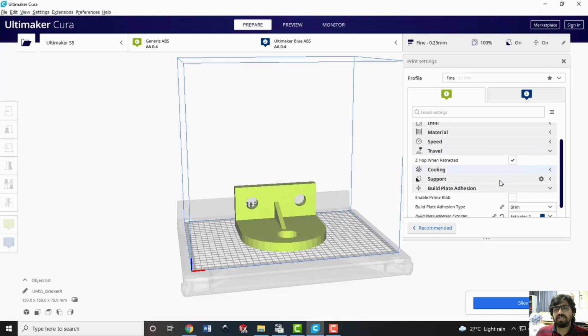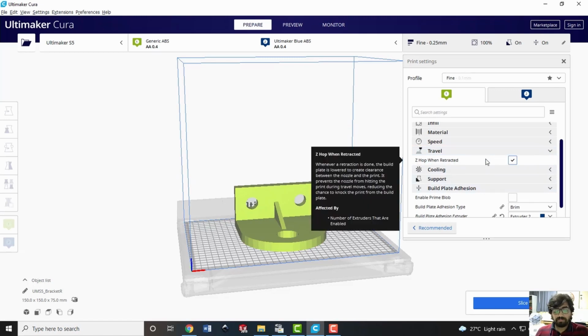The next is the travel. So now it is asking, after completion of one layer, for example, or one path or continuous path of deposition, how it should move to the next path of the deposition. If I say Z hop when retracted, it means after completion of one path, the head will go up, and then it will go to the next location, and then it will come down and deposit the material. In that case, the issue is you are losing some time. You are going up and then moving the head in the air, and then you are coming down and depositing